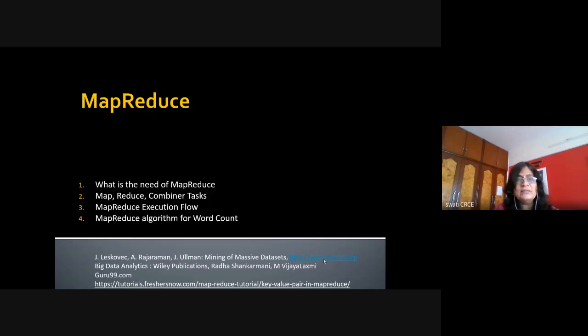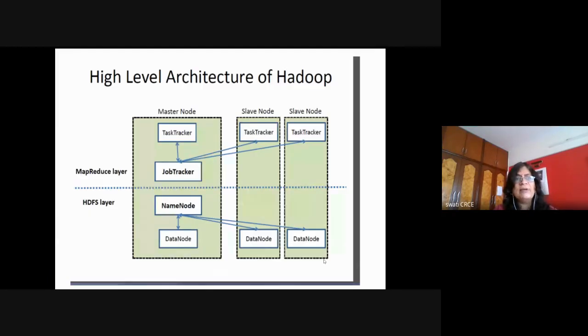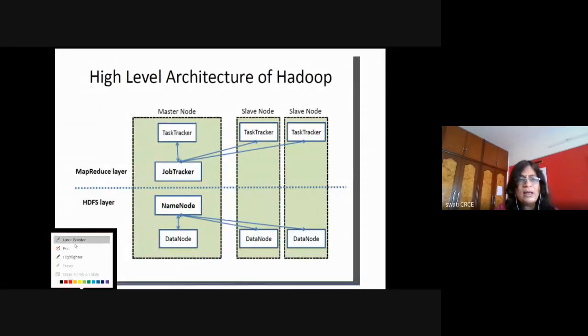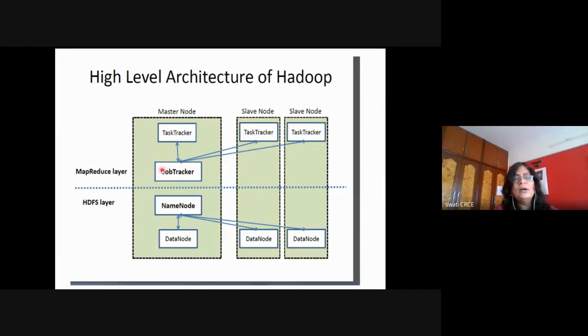In this architecture of Hadoop, if you observe and recollect, there are two different layers: the HDFS layer and the MapReduce layer. In the HDFS layer you have name node and data node, and in MapReduce you have job tracker and task tracker. The job is the entire job that you want to perform, and it is divided into three tasks: mapper, shuffler task, and reducer task. Name node and data nodes are responsible for storage of the data, and job tracker and task tracker are responsible for execution of these tasks in a parallel way.